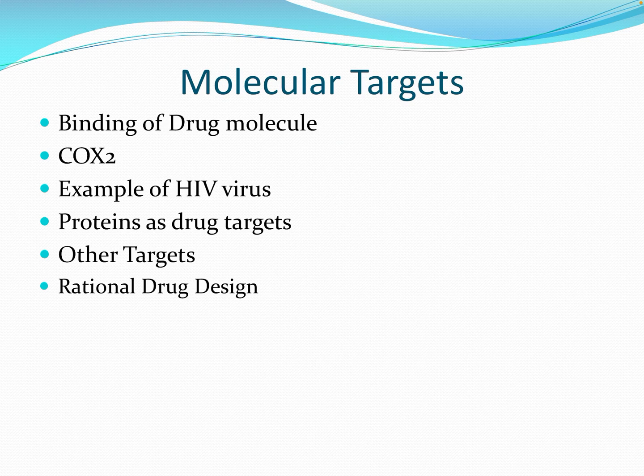In the case of rational drug design, there was actually no correct idea regarding this binding as well as some molecular reactions. What people were doing was on a trial and error basis: test a compound, and if an error happens, eliminate it and use another compound, and if the disease condition is eliminated, that will be taken as a drug. So in this case no molecular concept was used for designing the drugs.